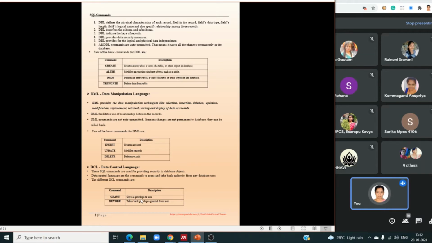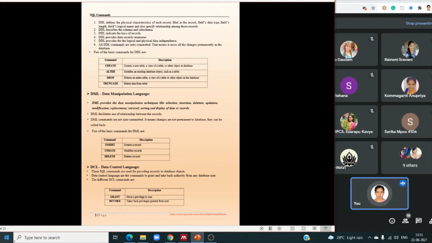It has only two commands, that is grant and revoke. Grant is to give a privilege to a user, means give some permissions. For example, I created the student table. I want to give permissions to everyone only for selection, means they can only access the data. They cannot modify the data, they cannot insert, update, or delete, they can only use the select command, they can retrieve, only access. Like that you can give them. And this granting can be used on the DML commands only.